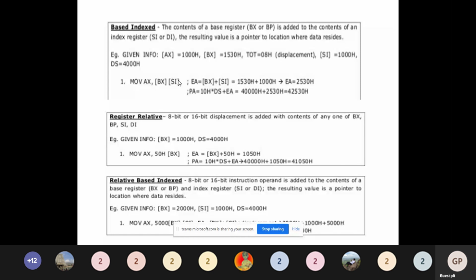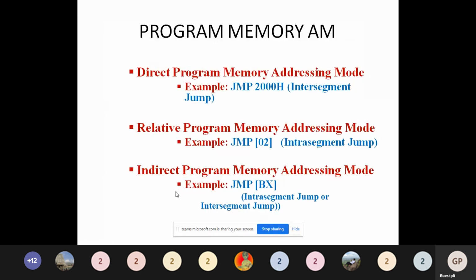This is what the index addressing method is. Then register relative addressing mode, register relative based index addressing mode, and then program memory addressing mode. In program memory addressing mode, you will have direct program memory, indirect program memory, and relative program memory.